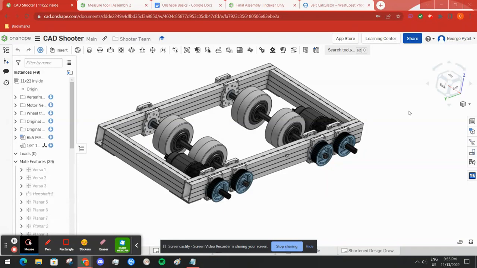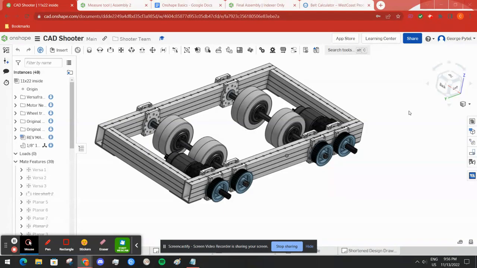I am the 2022 CAD team leader of the preseason, and I am continuing my series on the basics of Onshape. And with this video, we will be talking about the measure tool. I think it is one of the most useful but can get very tedious points of Onshape. It is very important to use for both people who are using Onshape to create and people who are using Onshape to kind of experiment and gather some information about what the robot is going to look like without any